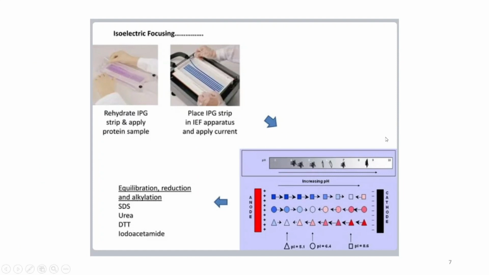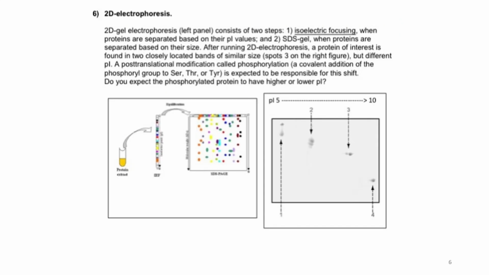And it can also provide direct visual information of changes in the PTM, or post-translational modification, of proteins, and it can also be used for further analysis like proteome analysis, detection of biomarkers, drug discovery, etc. So all this happens, and as I told you already, proteins are separated based on pI and SDS-PAGE. So to summarize,